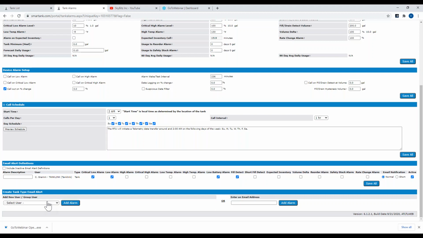It could be maintenance people that don't really need to use the system, but they just need to be alerted to something. You can do that over in this section where it says enter an email address. You can enter their specific email address and just hit Add Alarm. What that does is that just adds, again, underneath the alarm alert definition, it adds their email, and then you just check the boxes again to make that choice for them as to what you want them to receive an